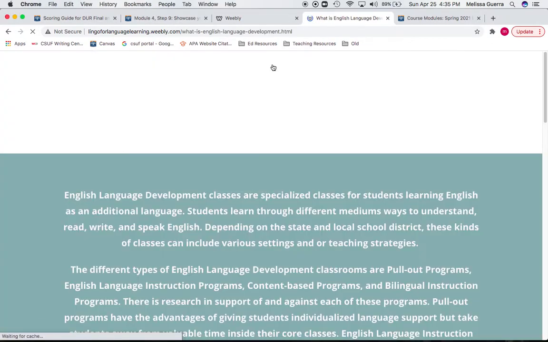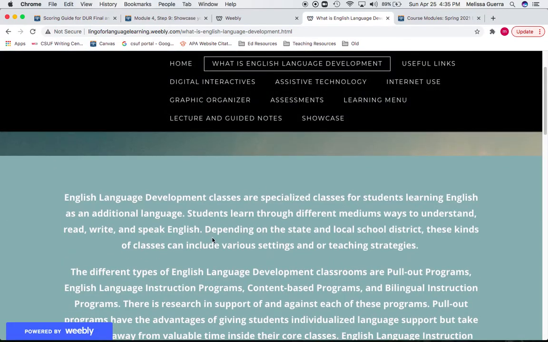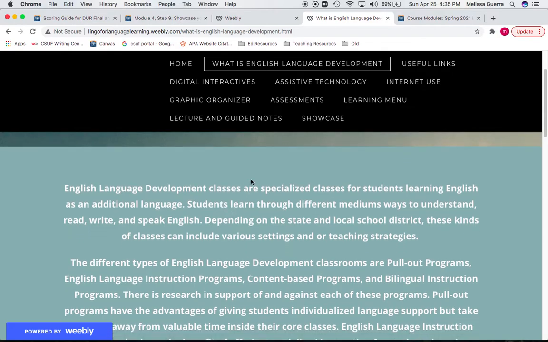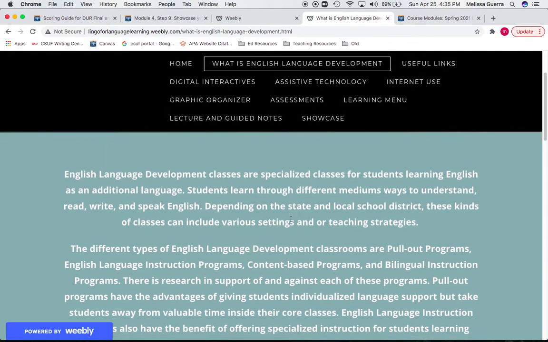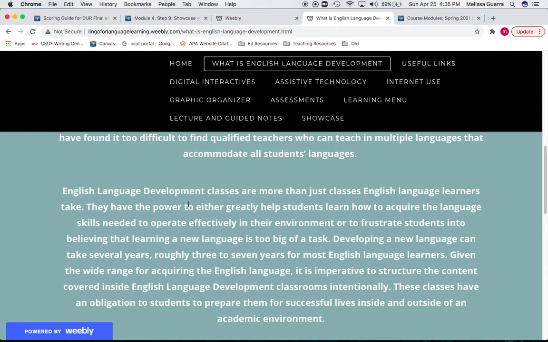Okay. Next, we go into what is English language development. So I give a brief overview of different types of English language development classrooms and programs, different ways to approach English language development. But really, I want to focus more on my thoughts on English language development and the importance